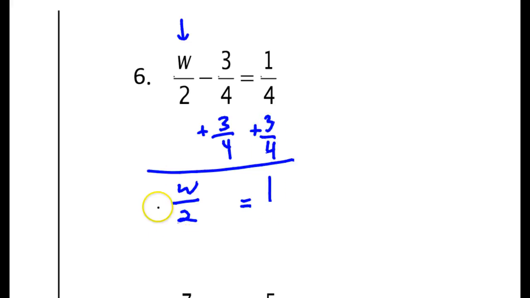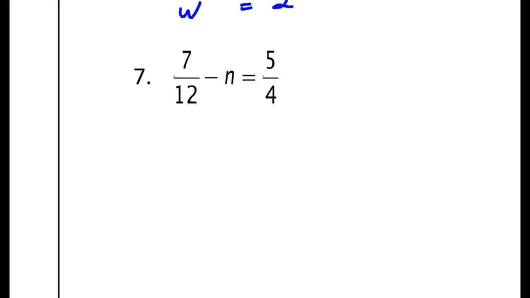And then from here, well, if you read this equation as what number divided by 2 equals 1, you could probably know the answer is 2. 2 divided by 2 is 1. So let's prove it. A little bit of algebra. There we go. So multiply by 2 on both sides, and there you go, 2. So you can plug it back in. 2 over 2, that's 1. 1 minus 3/4 is 1/4. A few more